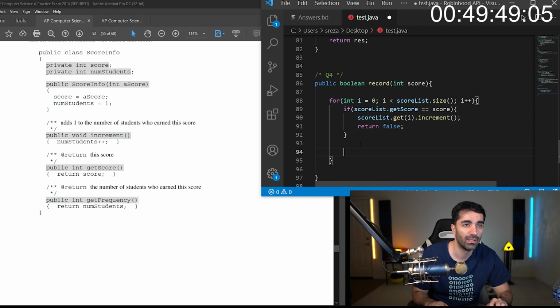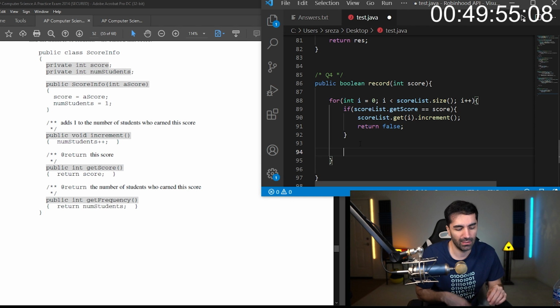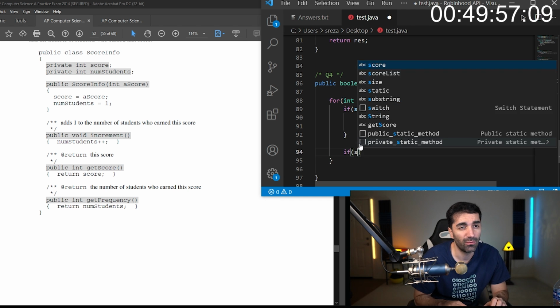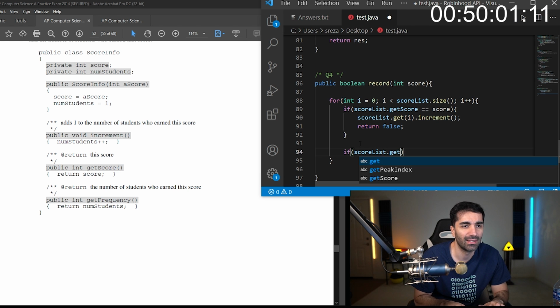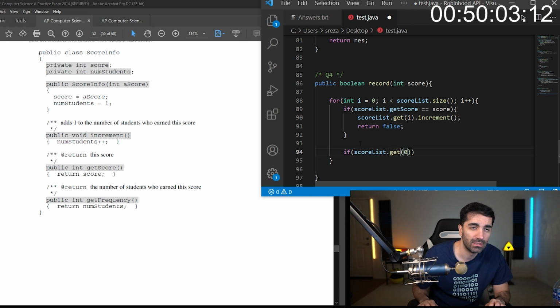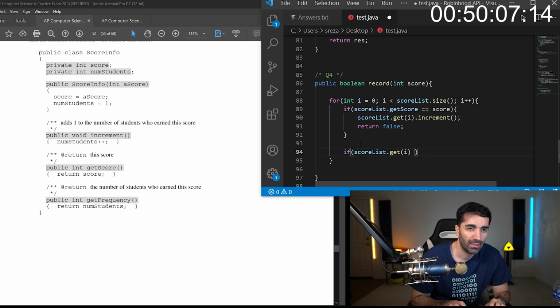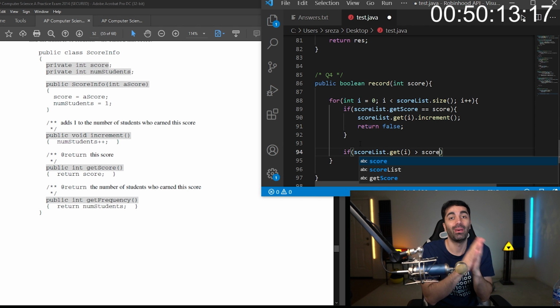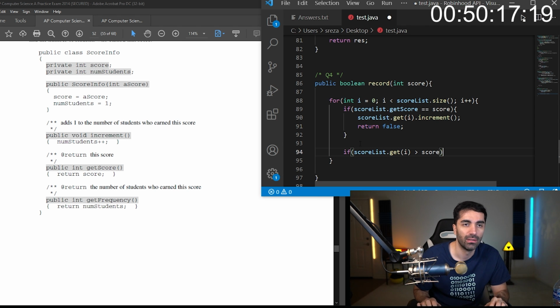Otherwise, well, let's see here. So if score list dot get I is ever greater than score, we know that we've passed it, and now we know that we need to create a new record at that point.